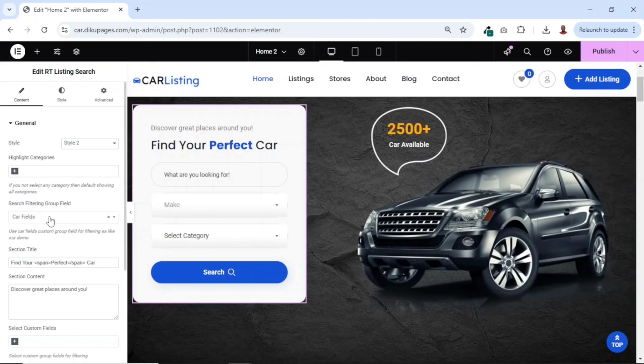Next is search filtering. Which fields do you want users to be able to filter? At the moment, it is set to car fields, and I think car fields is good, so I leave it as it is. However, you can choose any of these features. Next is section title, and that is the text we have here, find your perfect car. So it's what we have here, find your perfect car. So instead of find your perfect car, I would say find your dream car,